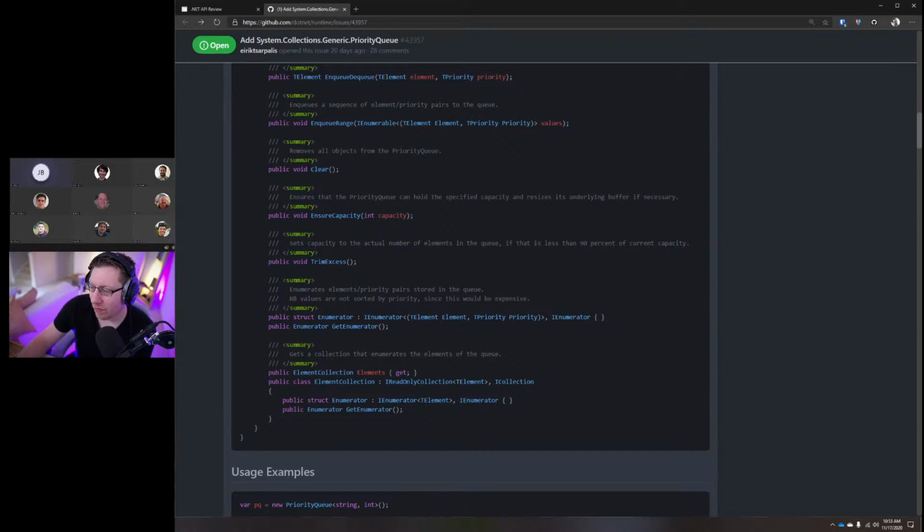But that's the question, right? If I pass it to something that takes an IEnumerable, is it correct to just get it back in an unordered fashion? The answer might be no, right? Presumably you use a queue for a reason. You're not just putting them there for shits and giggles, right?